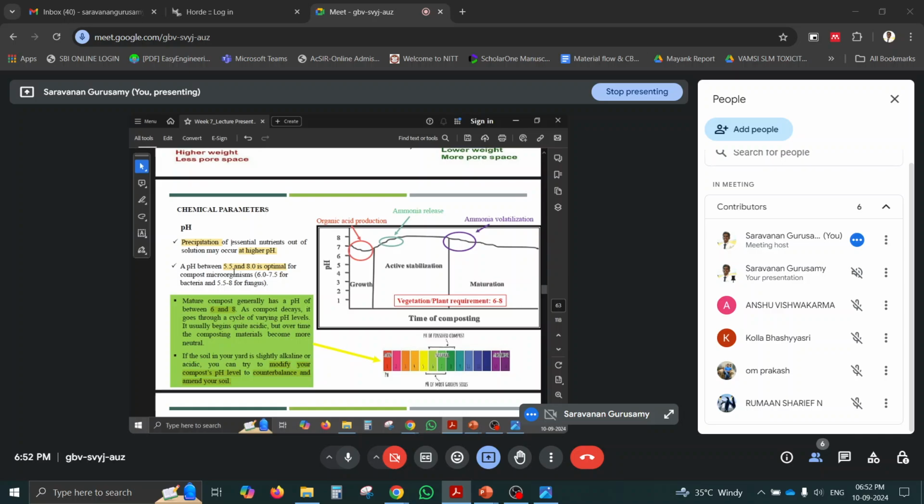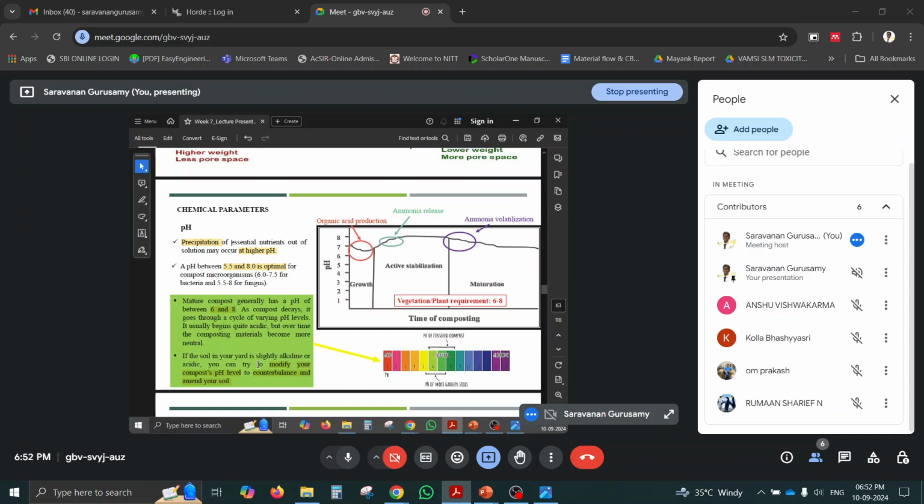Yeah, another one is that nutrient availability is important. Another one is microorganism growth. Microorganisms will grow in this optimum pH level only, 5.5 to 8 only. Okay, this is another point. And then generally the pH of the compost will be around 6 to 8, and we can modify the compost pH level to